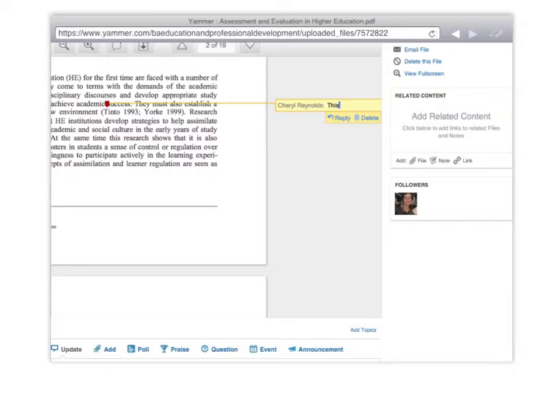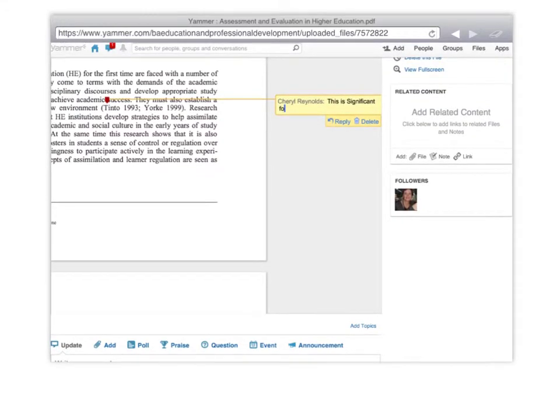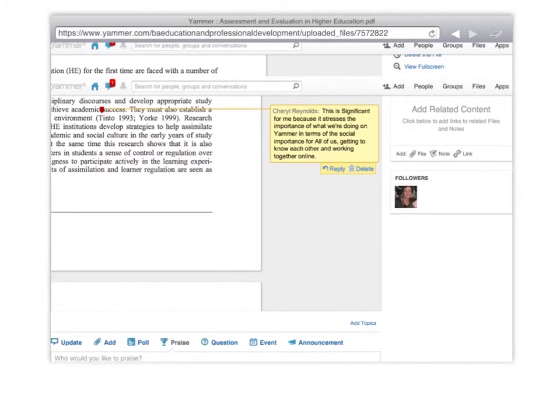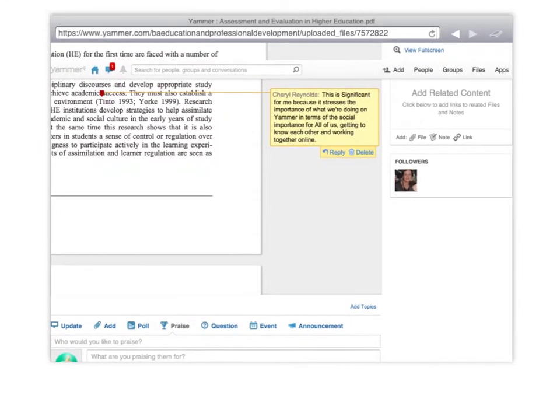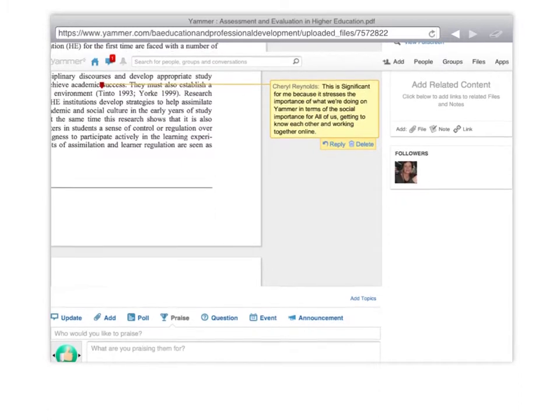I've just lost my comment box there. This is significant for it keeps jumping out, I think, because I'm trying to record and add a comment at the same time. The two bits of software are interfering with each other. This is significant for me. Whoa, every time I finish a word and press the space bar it disappears. Let's think.